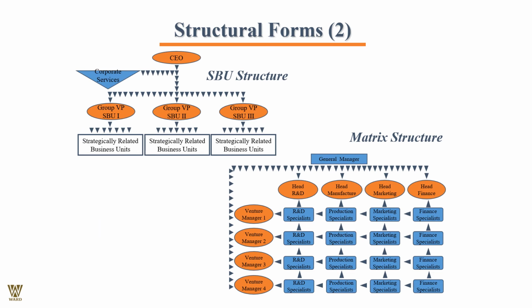Now, this is all about the SBU, or strategic business unit structure, which says SBU1, SBU2, SBU3, maybe Asia, maybe Australia, maybe America that we are talking about. So they are located in three different continents. The vice president in Asia, vice president in Australia, vice president in America, as the case might be. These are strategic business unit related.